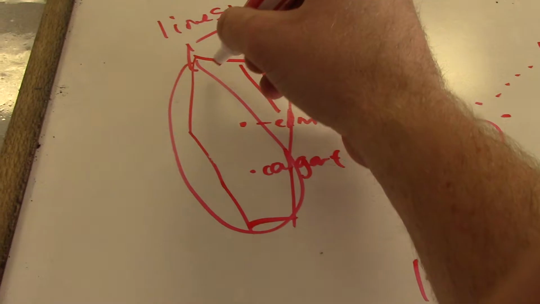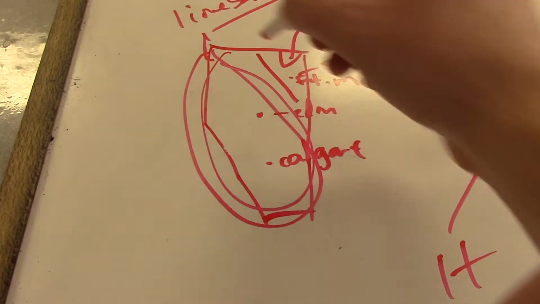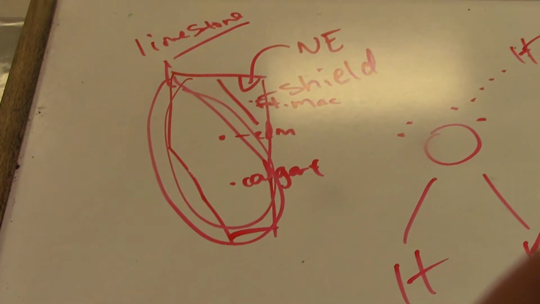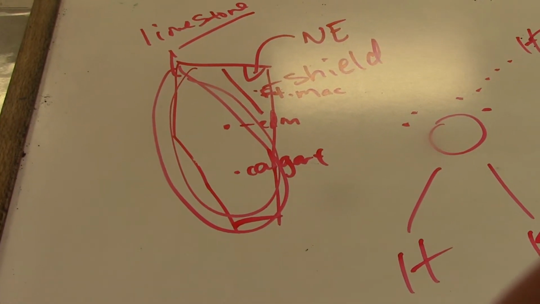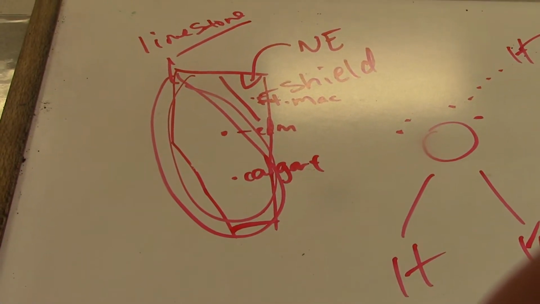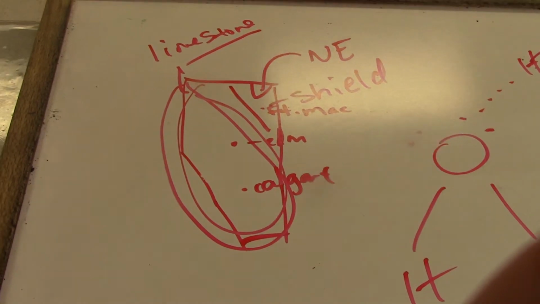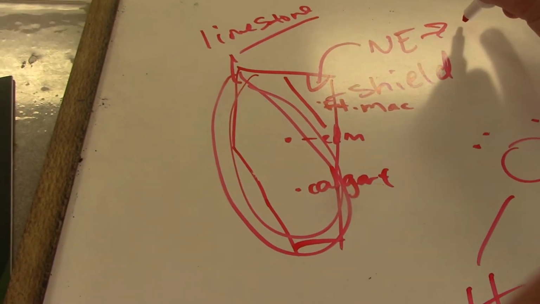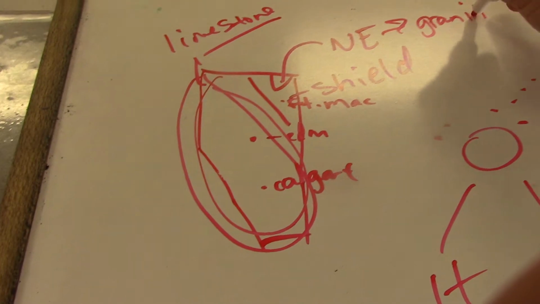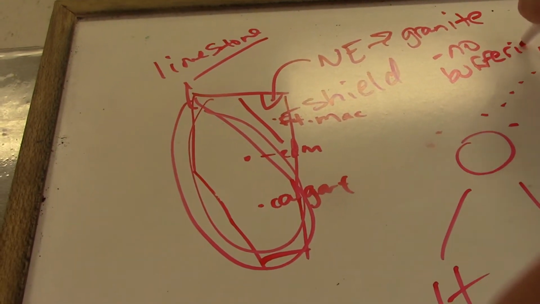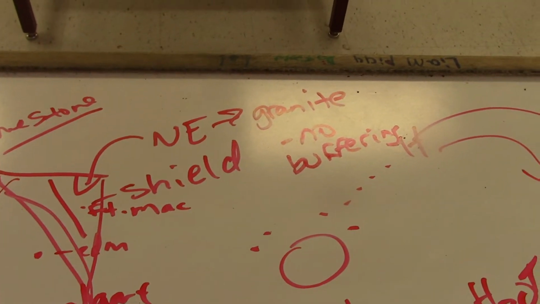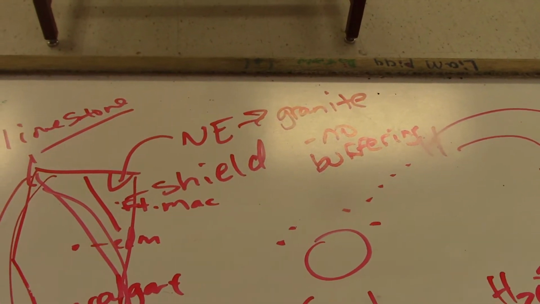not shield, so all of this, right? So this is all limestone. There's buffering capacity there, so it will resist pH change in water bodies because of acid precipitation. But here, this is granite. So there's no buffering. So where we have our biggest oil sands mines in northern Alberta is where we actually have the least ability to buffer